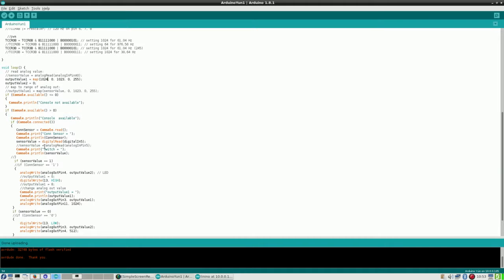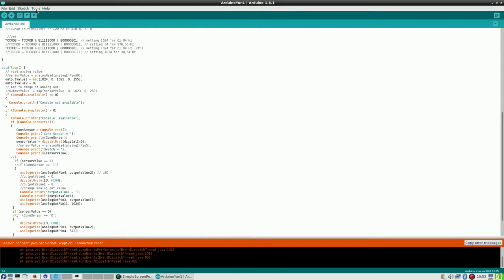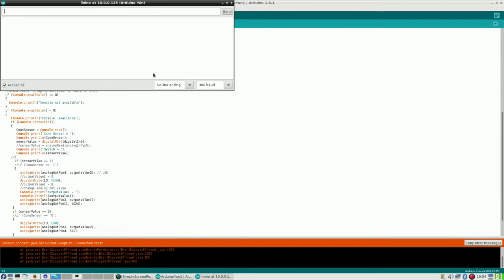Alright, this is done. And now let's see off screen what it does. Connection reset. I need to restart the monitor. Again, a lot of the characters. The L, by the way. Then starting and probing on the same place, pressing the switch,